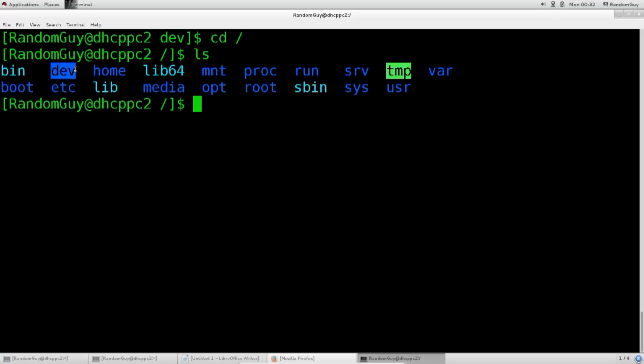Under dev, we have devices. So let's just go ahead and quickly see what is in bin and what is in devices. By the way, dev is actually a virtual directory. There, a listing of our hardware